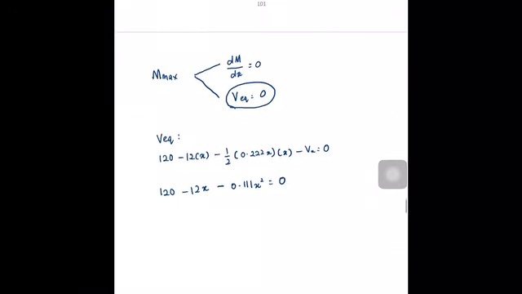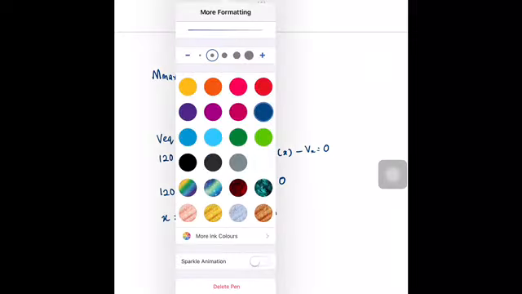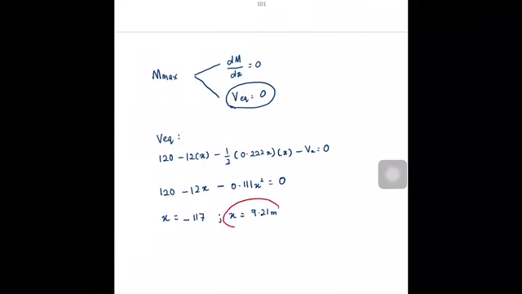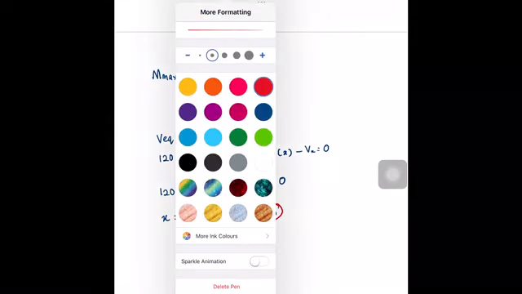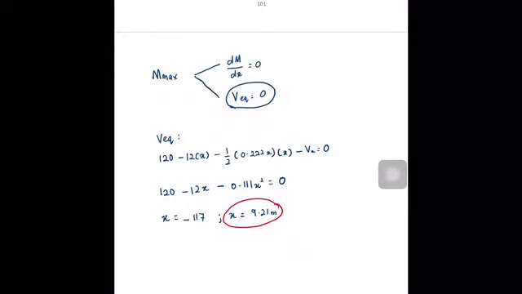By the quadratic equation, you get x is equal to negative 117 and x is equal to 9.21 meter. So which one is the most logical one? Is this one, since we don't have a negative distance. Okay, therefore x is equal to